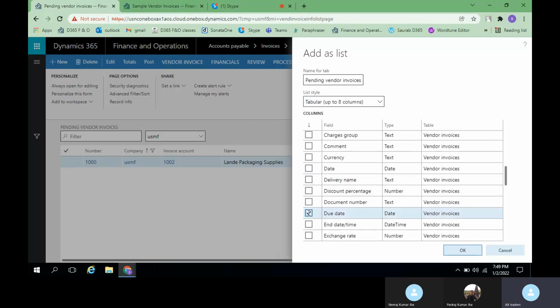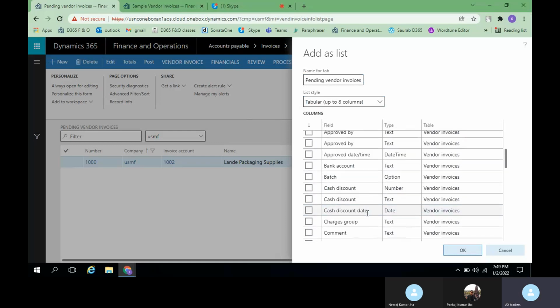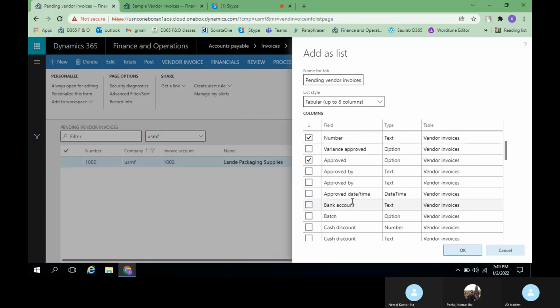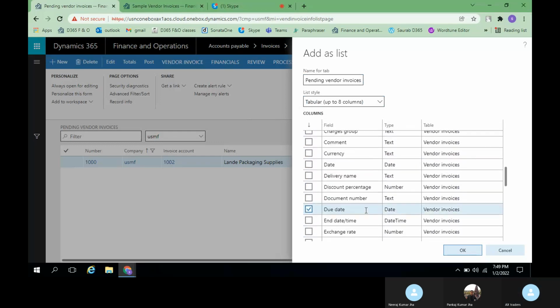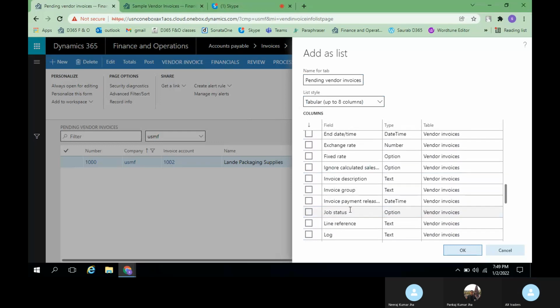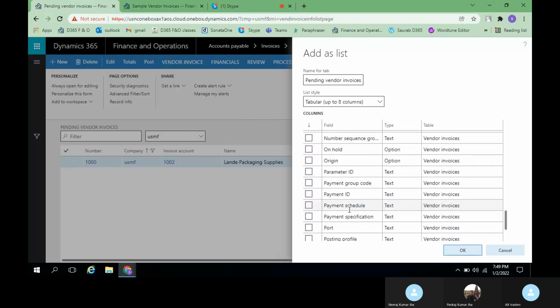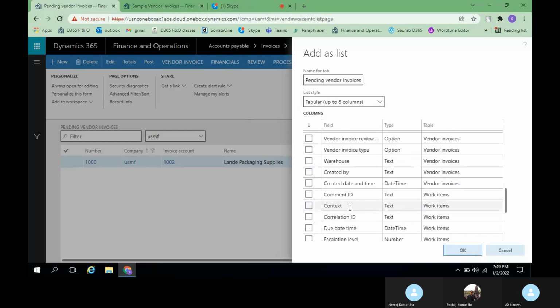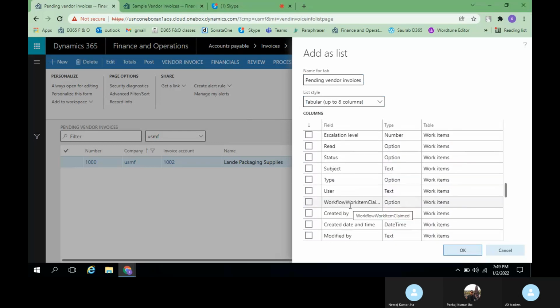Yeah, due date is also important, right? We'll try to select this due date, invoice account, invoice date, name, number, approved by, due date, status, whether it has been delivered or not.